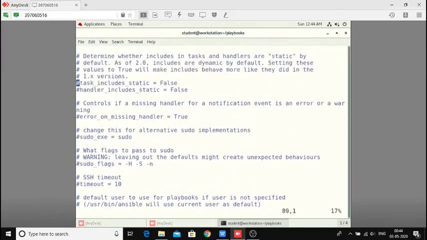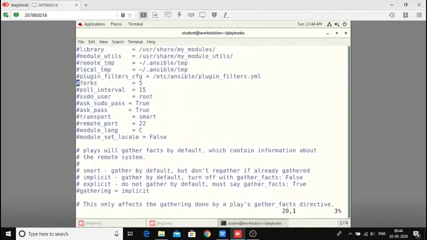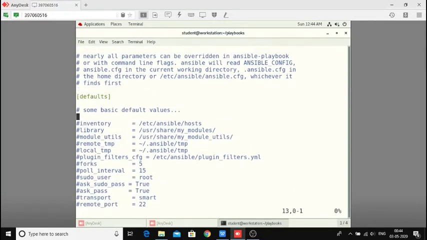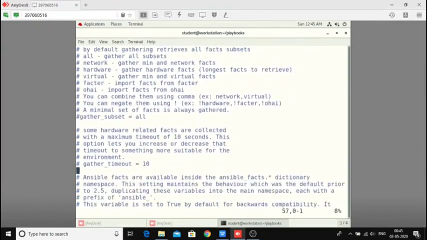The default section contains my inventory. As I said, the complete configuration or the deploying and implementing is taken care of by my Ansible configuration file. So in it I need to mention my inventory location, from where it will take the managed nodes. Here we can see the inventory location is there.